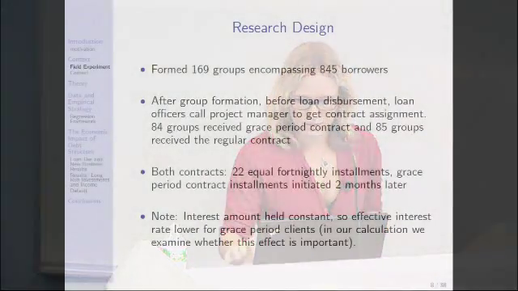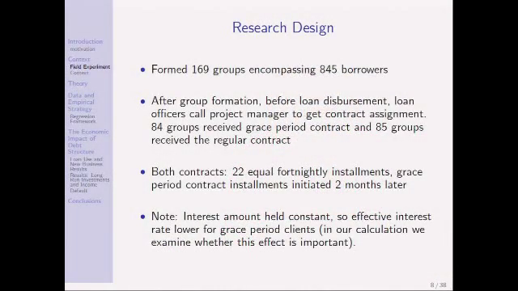So we do this experiment with one loan cycle. Then we compare investment decisions, what people do with the loan. And then we track people for 3 years and look at the long-run profits of the business and household income in general, and also default rates. The research design was very simple. This was just a standard randomized controlled trial